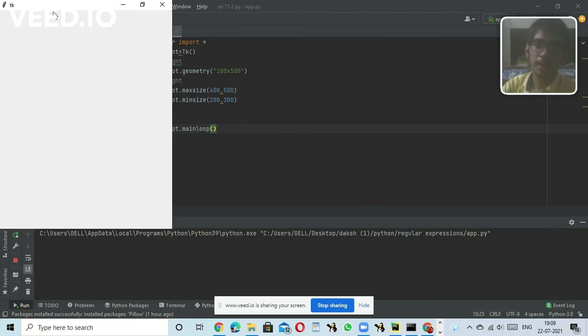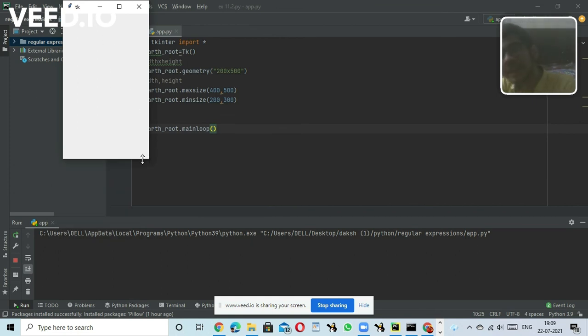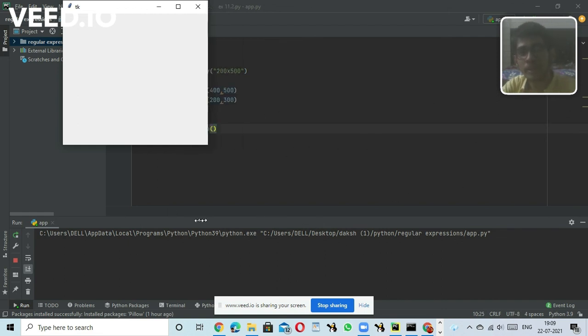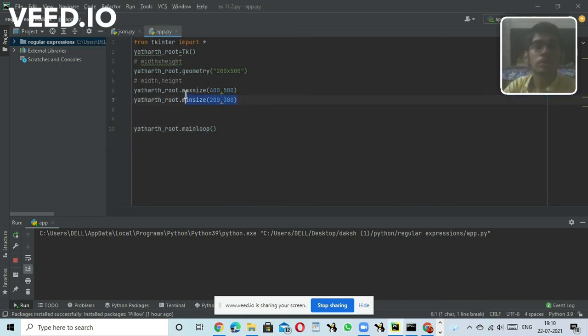Now our maximum size is this much, but how much is the minimum size? You can see I cannot contract this window anymore. I can expand it, but only till the maximum width I have set, and I cannot contract it more. So these are just locks that you have put. You just have its key. Whenever you want to remove this, you can remove it by just pressing backspace. So these are just locks. You cannot move ahead of them.